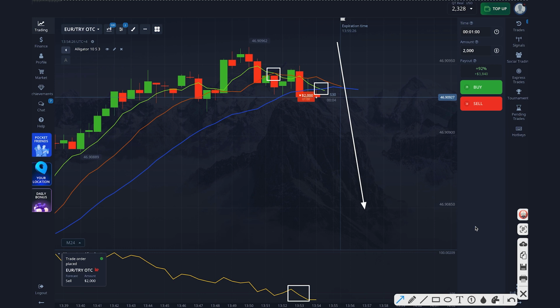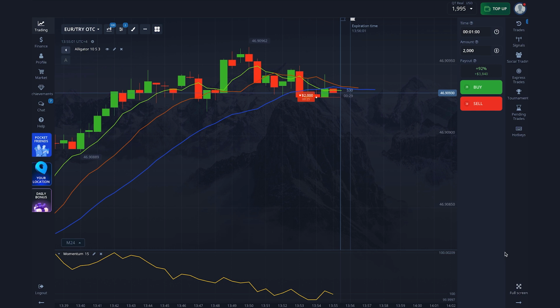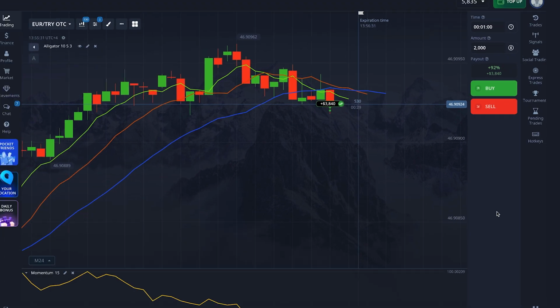Once again, I see a sideways movement in which the price is in a narrow range. This behavior often signals the accumulation of energy and the market's preparation for a breakout. Since the current trend is downward, there is a high probability that the candles will go down, and the accumulated energy in the sideways movement will be realized in a fall. These signals confirm that the market is ready to continue moving down. Given the current market picture, I am confident that the trend will develop in a downward direction, and I will definitely profit from this movement. Excellent. I made another profitable trade, earning $1,840, and my balance is now